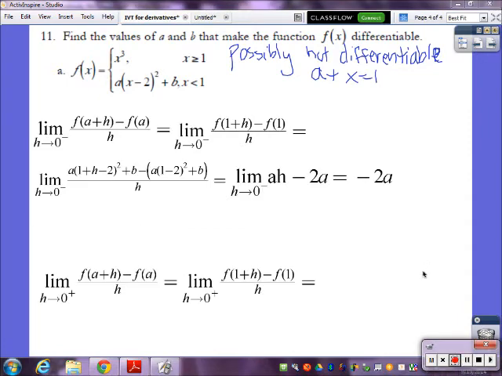So for the right-hand derivative, I have the same setup as before, the limit definition for the derivative at a point, and then when I use my a value, I get the limit as h approaches 0 from the right of f of 1 plus h minus f of 1 over h. So now I'm going to plug those values into my function that's defining this piecewise function from the right, which would be values greater than or equal to 1. So I'm going to use x cubed. So what it would look like is